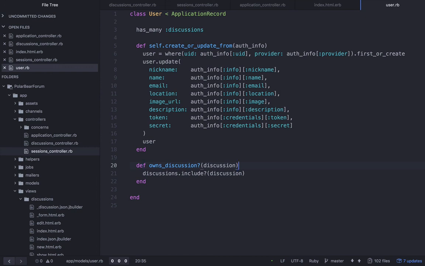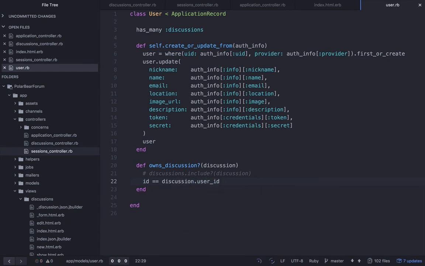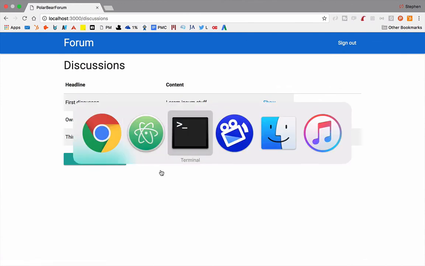So to short circuit this, instead of querying the database, even though this code looks nicer, it doesn't perform well, let me comment that out and put this underneath. We can say ID equals discussion.userID. Now I'm going to refresh, and I'm going to get the same exact result,